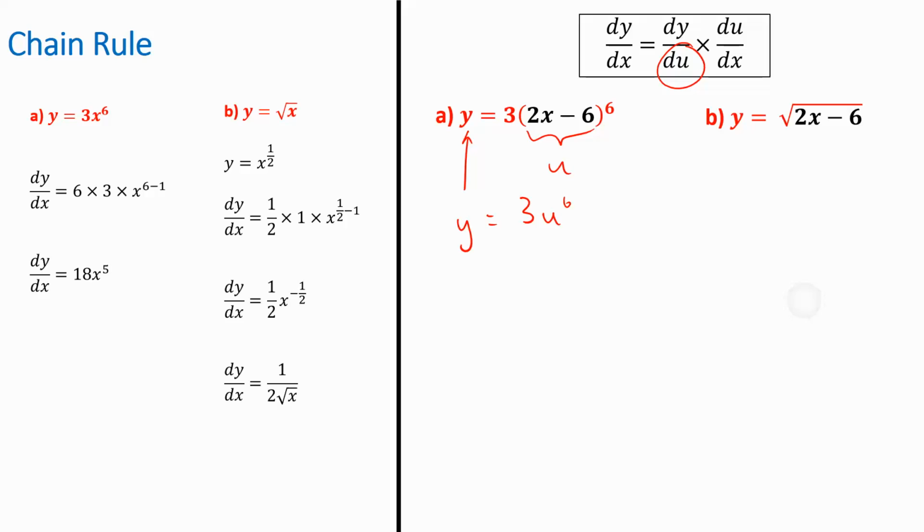So that's what I'm going to do. I'm going to say, all right, well, dy du, it's just using power rule, I can say that is 18u to the power 5. We're like, yeah, too easy. But that can't be the answer because I just made up a variable. This u came out of nowhere. So we have to do something about that. We just made up a variable u. I've differentiated it as if u didn't exist. And then you have to now differentiate